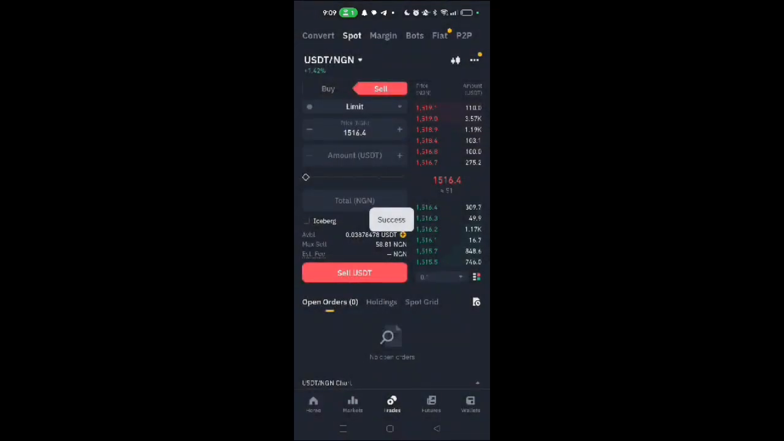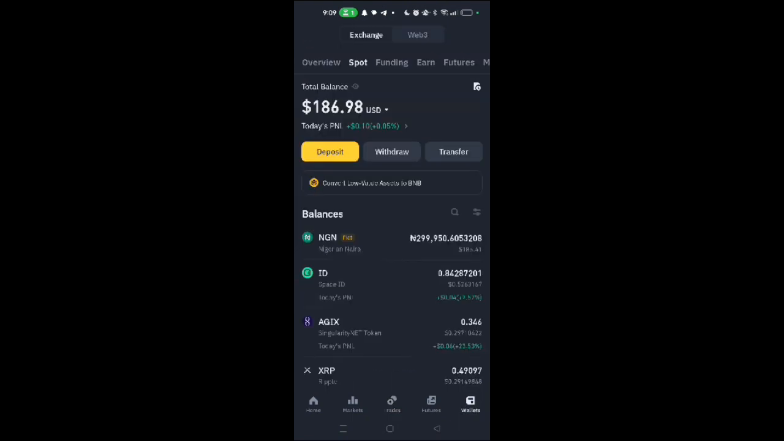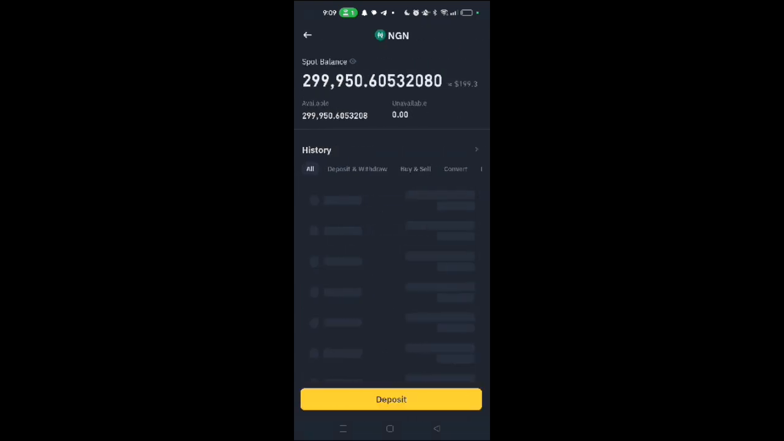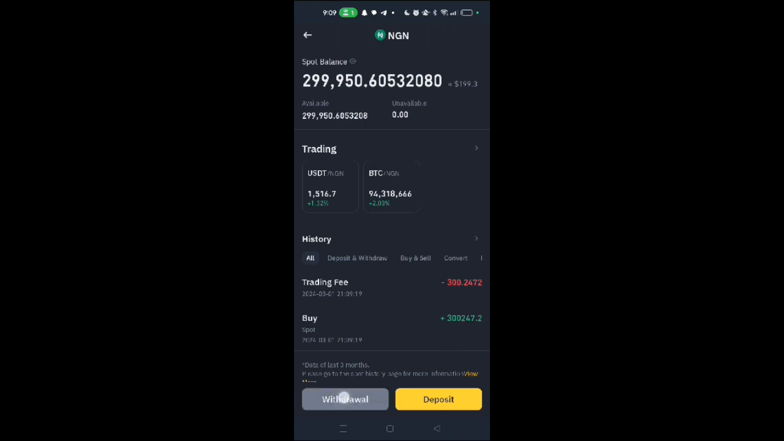Okay, now this is how you sell it. You now go to wallet. So you can see I'm selling $186 for 299,000. This is roughly 300k. I think the rate right now is 1,507 naira per dollar. So let's sell. Now you click on it, click on withdraw,